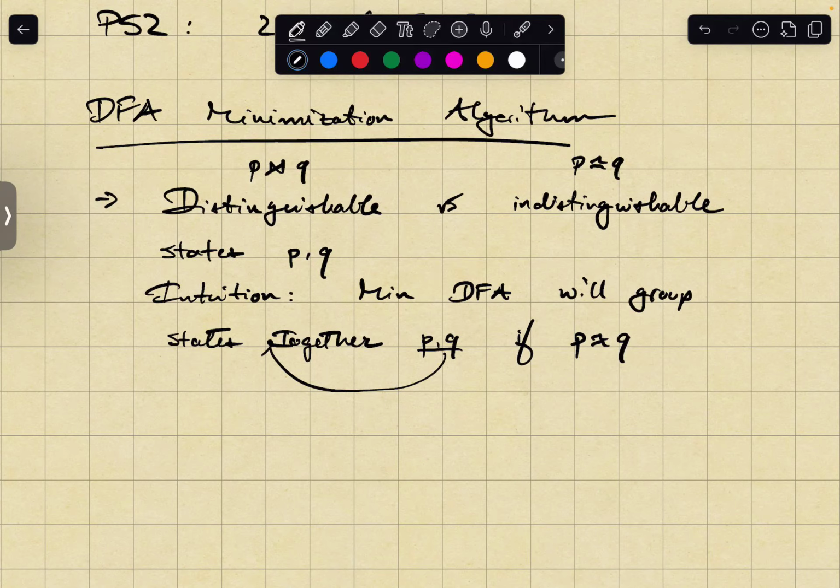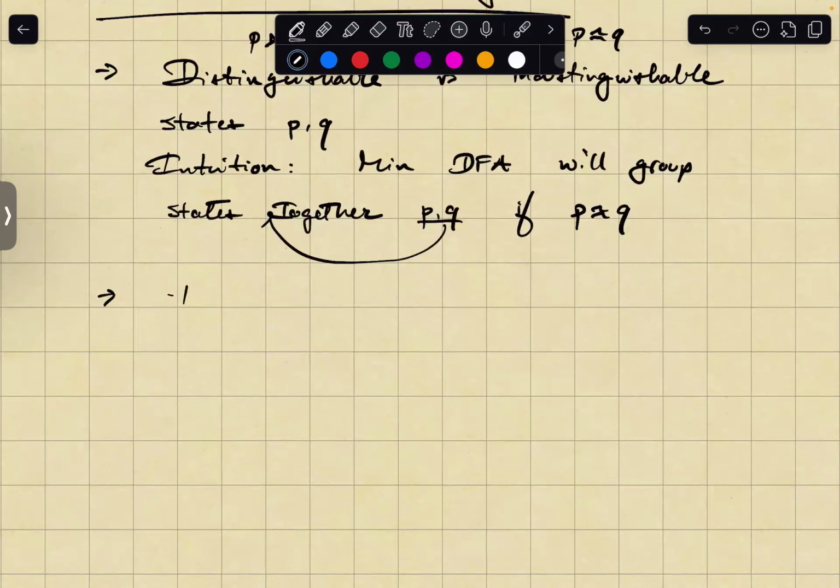So then the question obviously becomes, how do you find indistinguishable states given a DFA? There are two conditions that one can check to see if states are indistinguishable. There's a base condition, which is like the base case of the algorithm, and then there's a recursive condition, which is like the recursive case. So I'll call this the initial condition for distinguishability. Although I've been talking about indistinguishability, the algorithm actually works by finding pairs of states that are distinguishable, and all the states that are not distinguishable become indistinguishable at the end, and then you merge them together.